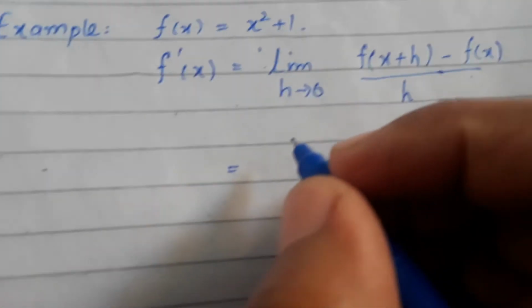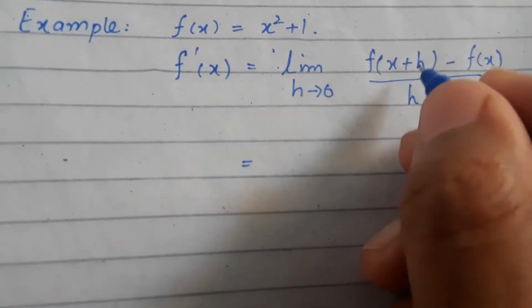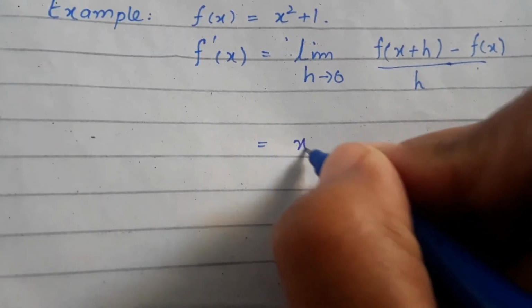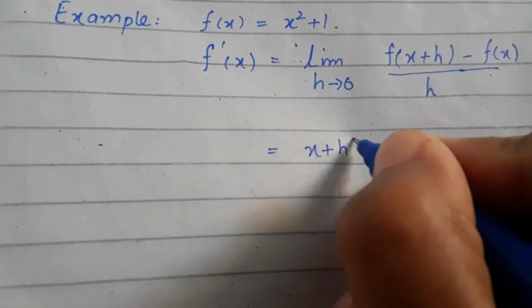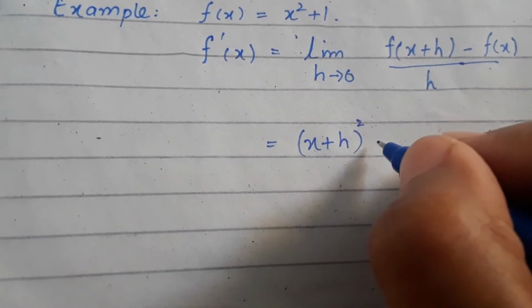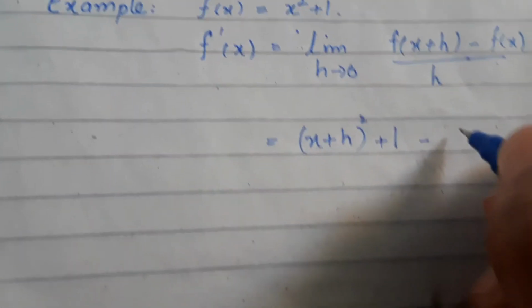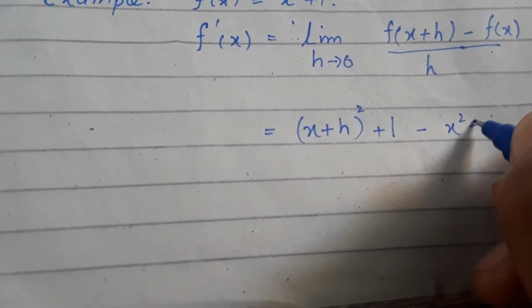Since the function is x squared plus 1, instead of f of x plus h I'll be writing (x plus h) whole squared plus 1 minus (x squared plus 1)